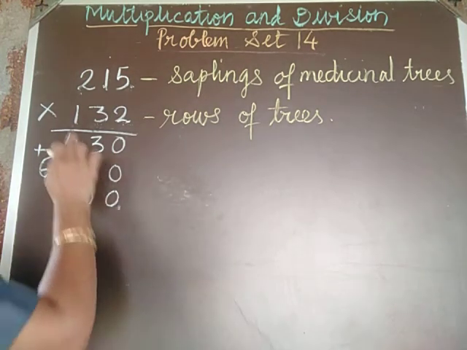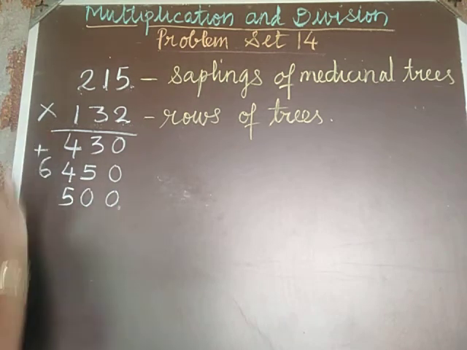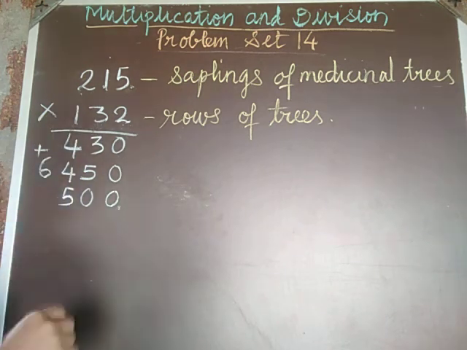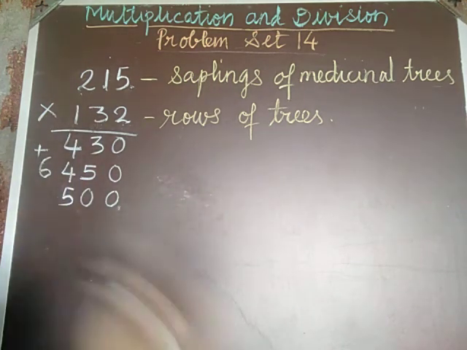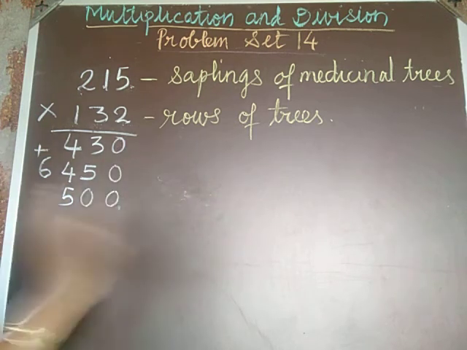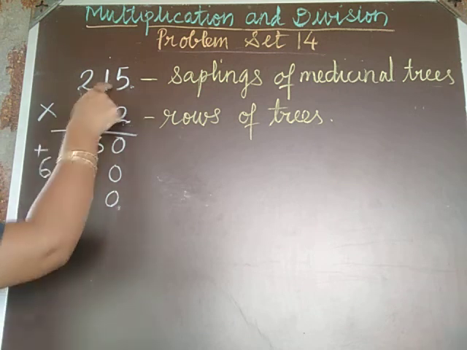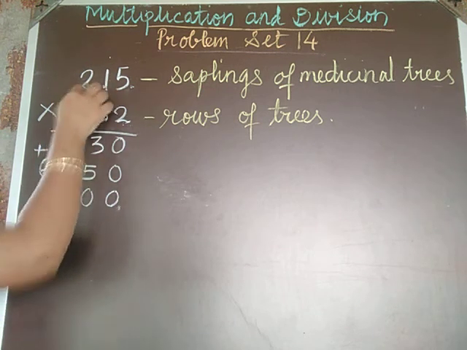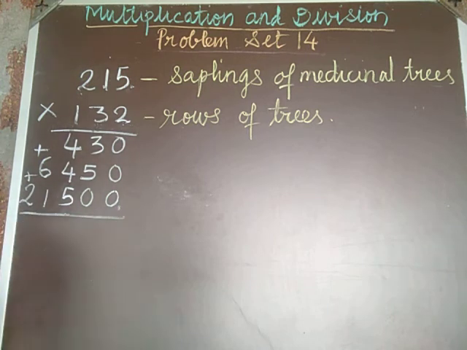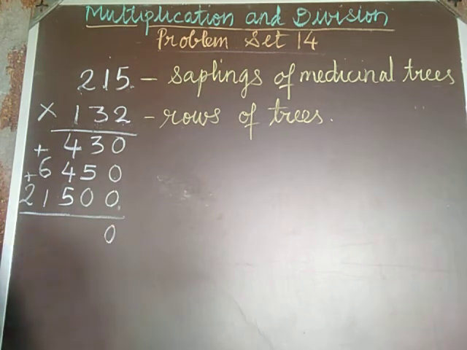Okay, now nothing is carried, no one more digit has come, because it is 1. So always when you multiply with 1, you will not get two digits at a time, only 1 digit, or if it is 2 digits you will get 2 digits only. Fine. Now 1 fives are 5 you have written, 1 ones are 1 and 1 twos are 2. Again you have to add and find out the answer. What are you getting here now? 0 plus 0 plus 0 is equal to 0.